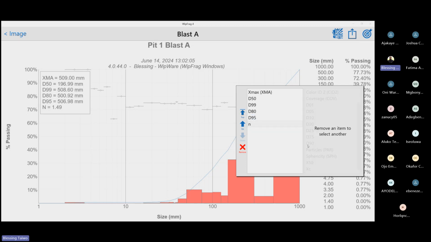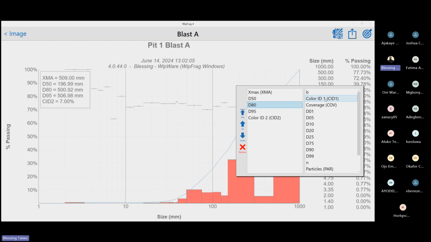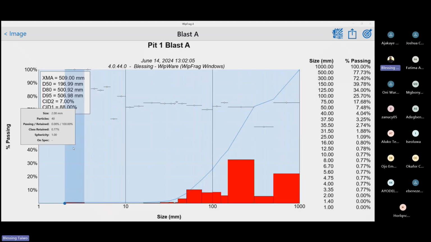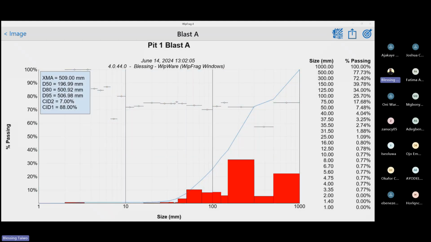Here, I want to add the uniformity index. Then here, I want to add the color ID. I want to remove this and add the second color ID. So you have other parameters. So here, remember, we set to two color ID. The white, the material you have blasted, 88% of them have pure white color, while 7% of them have black gray color stain. Then if you add these two percentages together,